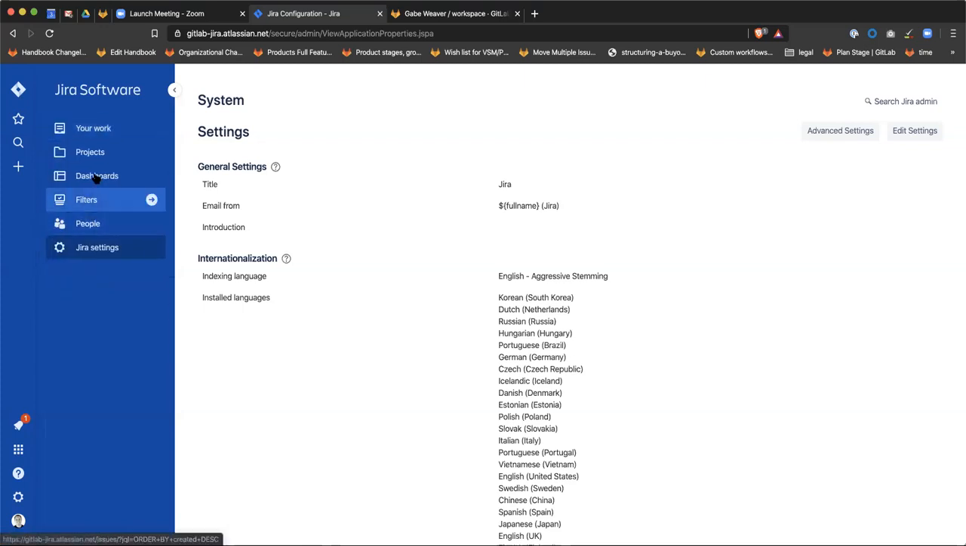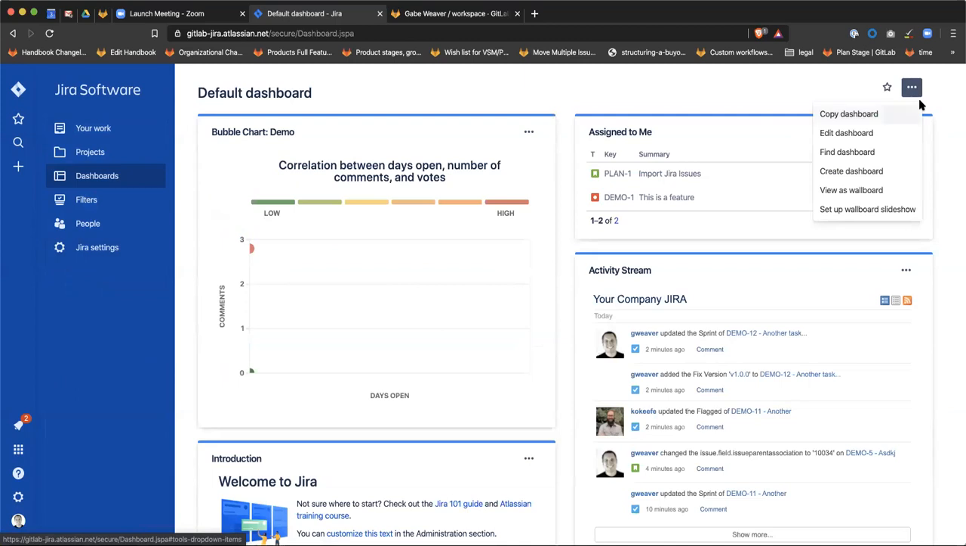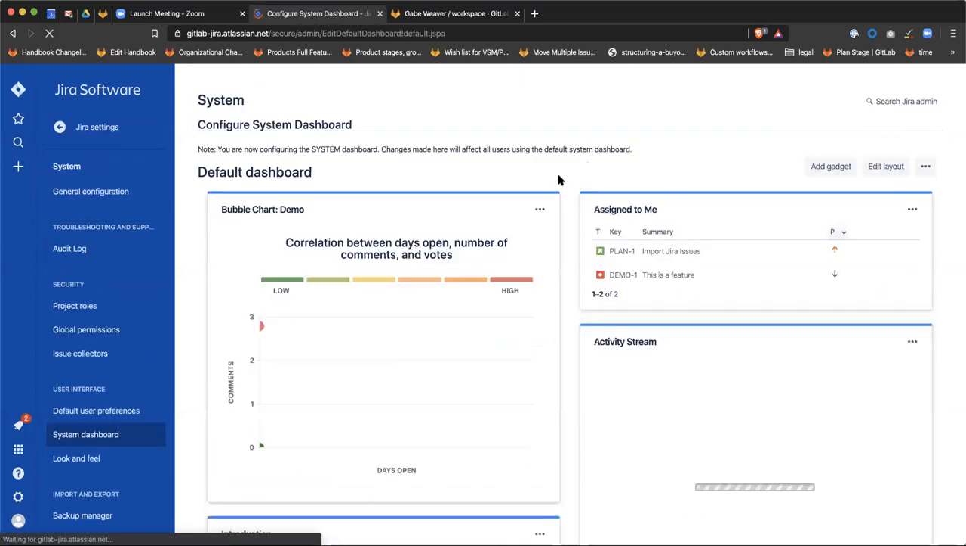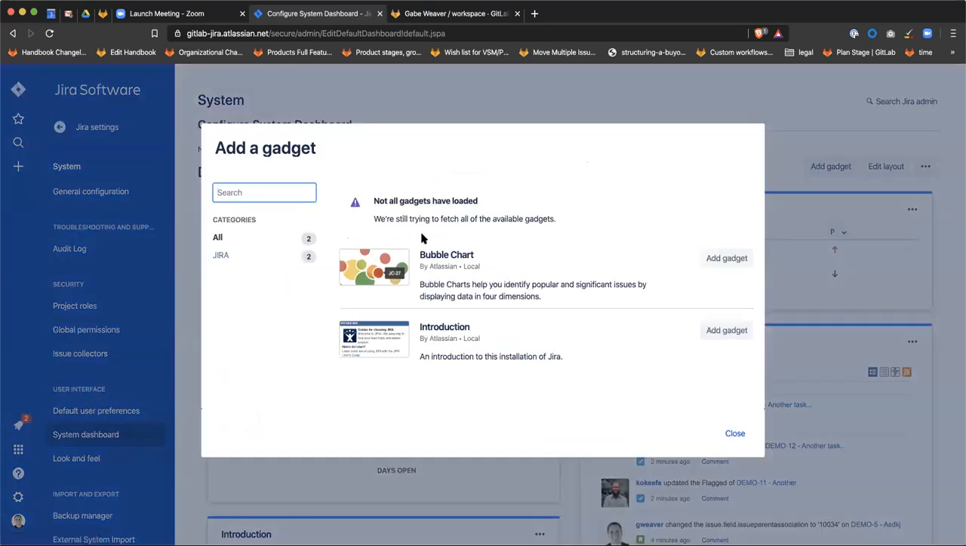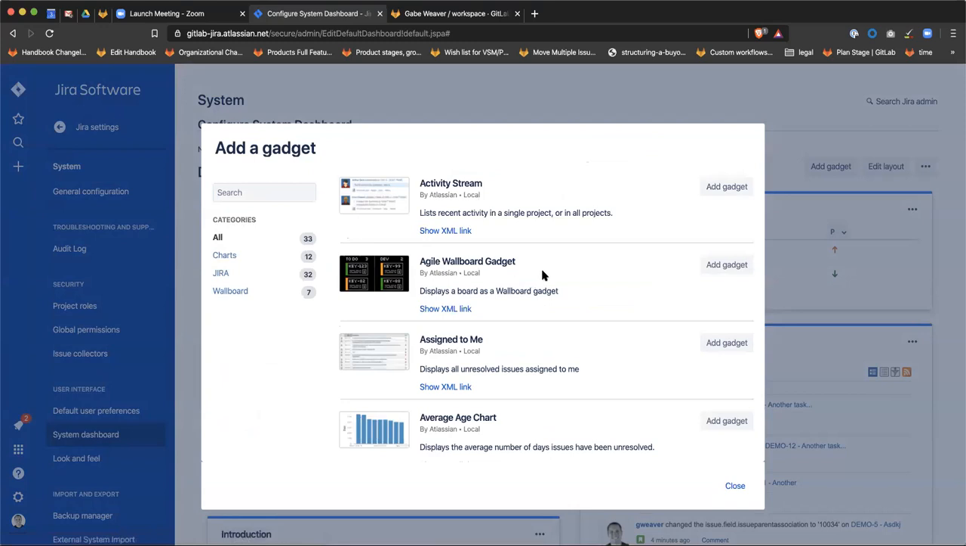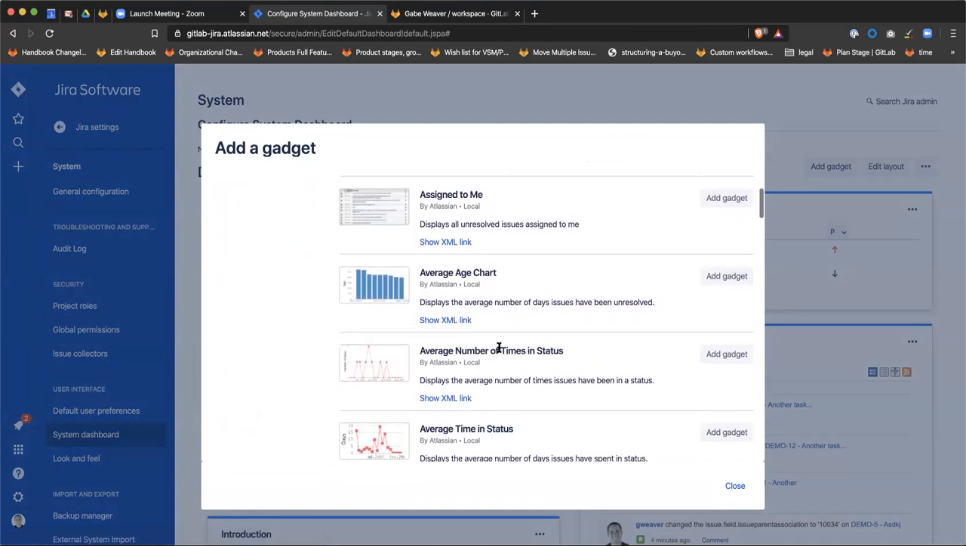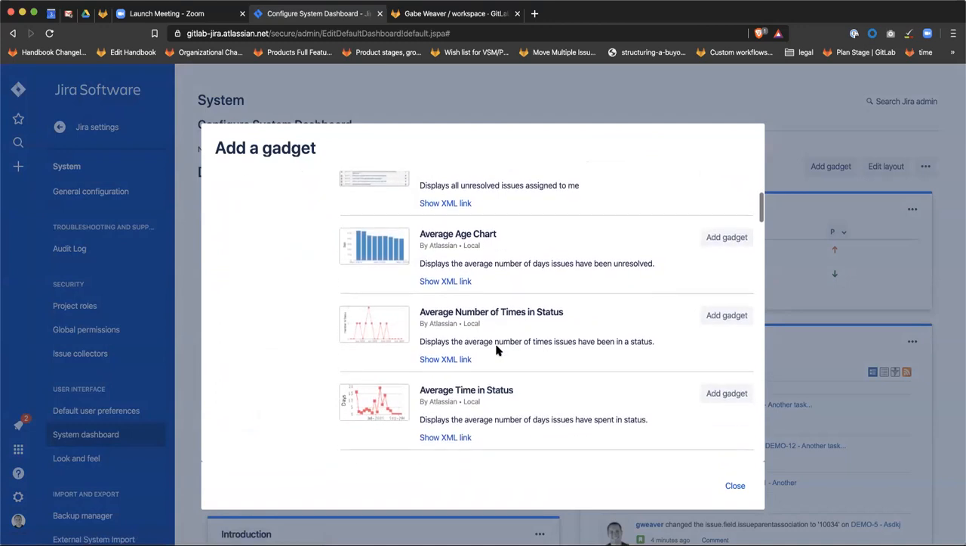Back to main menu, dashboards. Add, edit a dashboard. Add gadget. Not all gadgets have loaded. We're still trying to fetch all the available gadgets. All right, so activity stream, agile wall bar gadget, assigned to me, average age chart. So yeah,